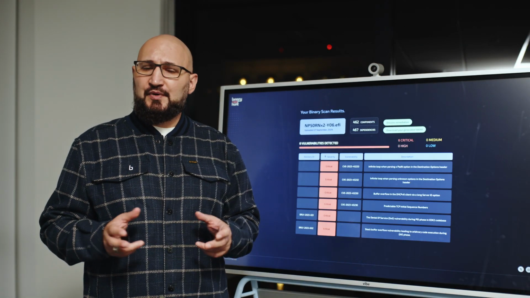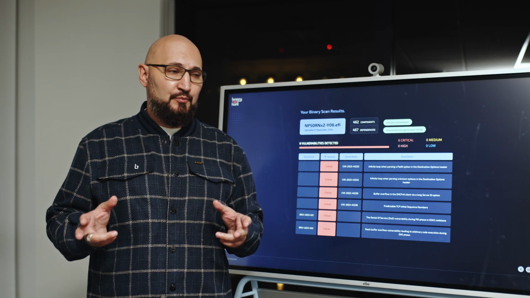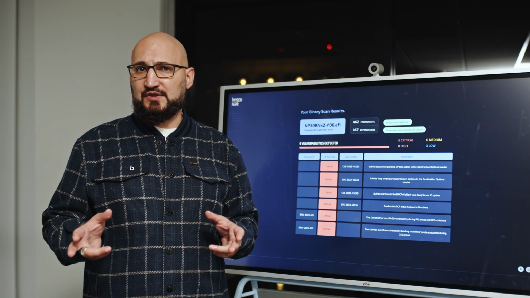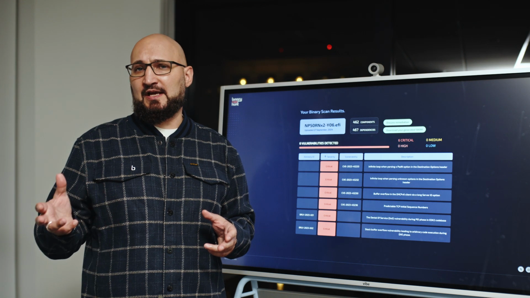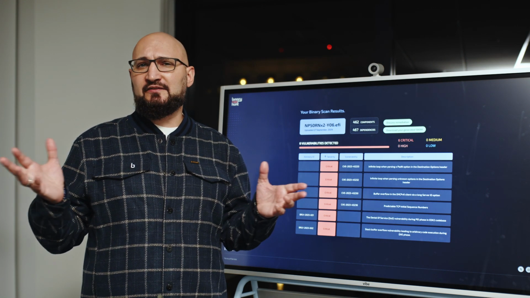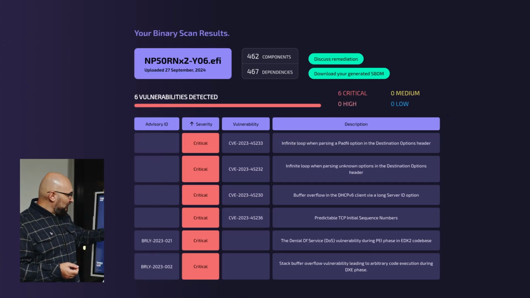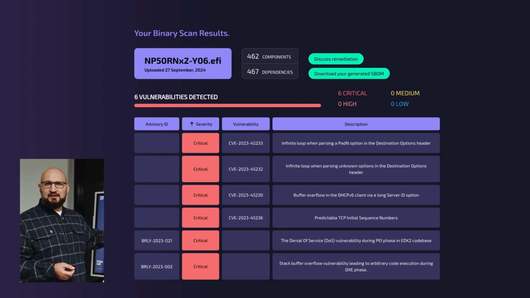Binary Risk Hunt is based on binary analysis tooling which was actually created for high performance and to process very quick scans for analyzing firmware, making it scalable and able to deliver multiple thousands of scans simultaneously. Let's look at what we found. Whoa, wait a minute. It is a new firmware image and it already contains critical vulnerabilities.